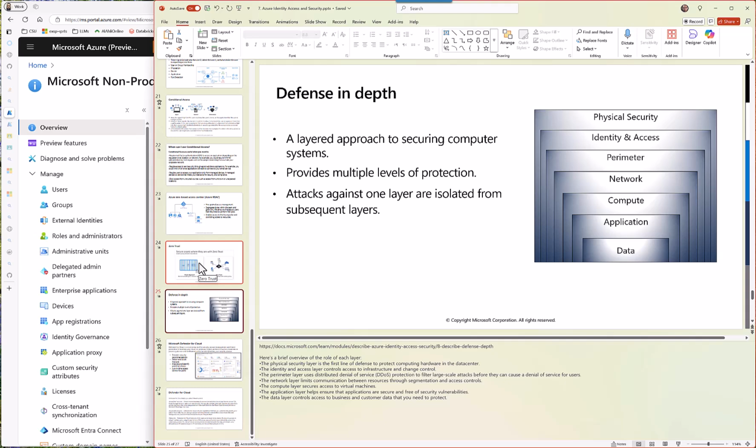So defense in depth is essentially a layered approach to securing everything. The physical layer is the first one, the main one, the first line of defense: who can come into the data center, who cannot come in, right? Then we have identity and access layers: within the physical perimeter there are systems, who can log into them, right?